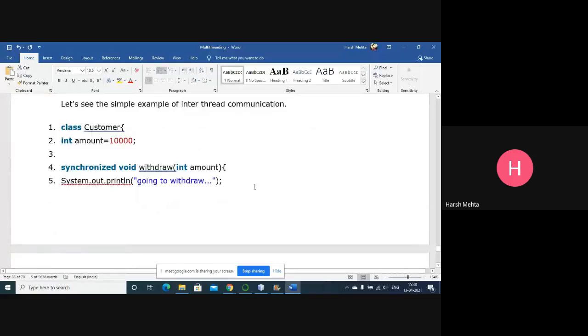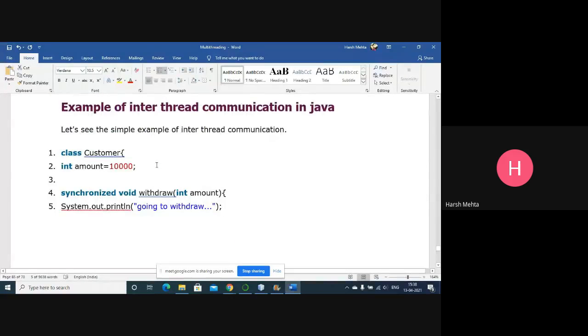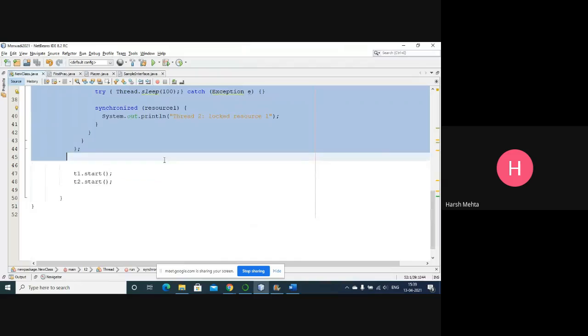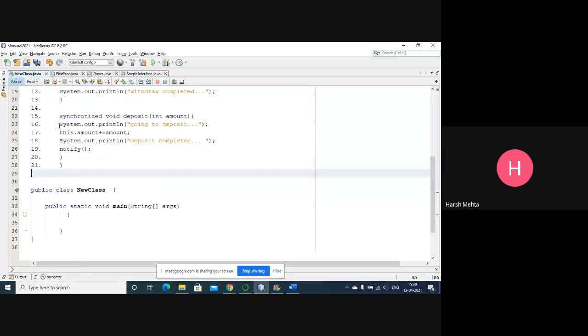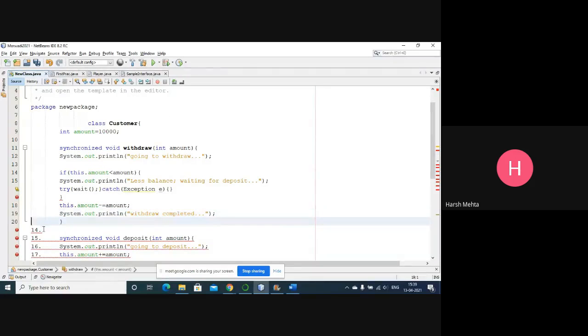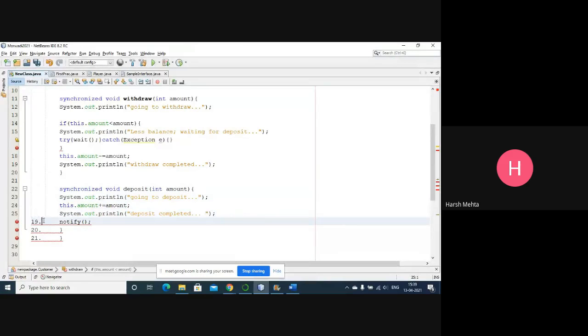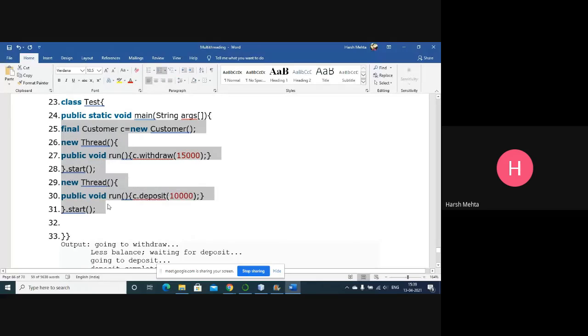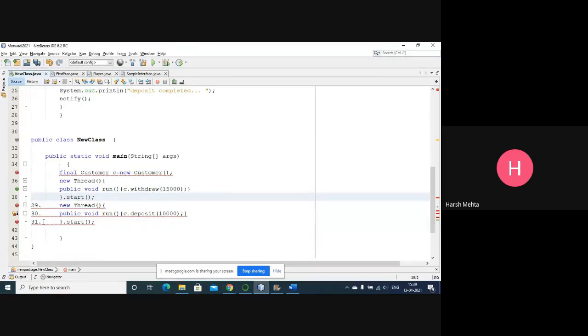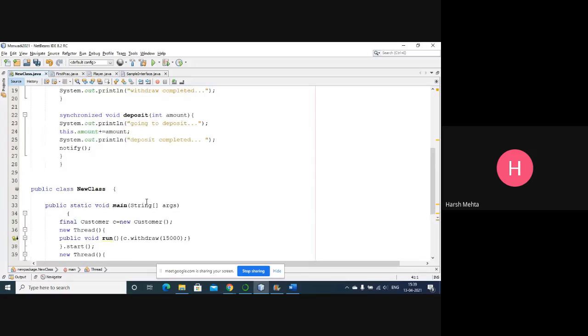That is known as inter-thread communication. This example is very, very good.